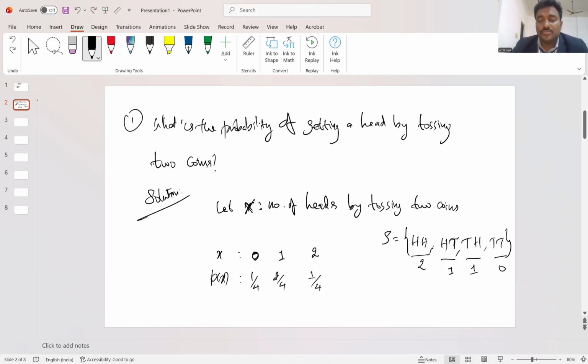Okay, so these are the values of heads obtained, 0, 1, and 2, and the respective probabilities are written here, right? Now we are asked to find the probability of getting a head by tossing 2 coins. So this is our answer. The probability of X equal to 1 is equal to 1 by 4, right? So this is the basic example of how to understand the random variable, right? So next we will move on to the